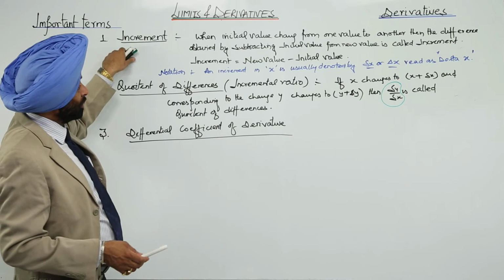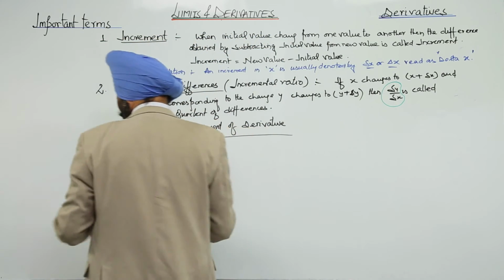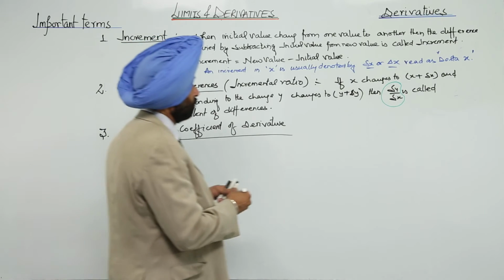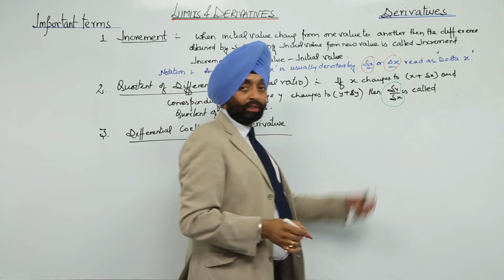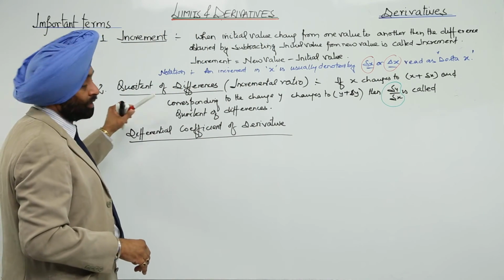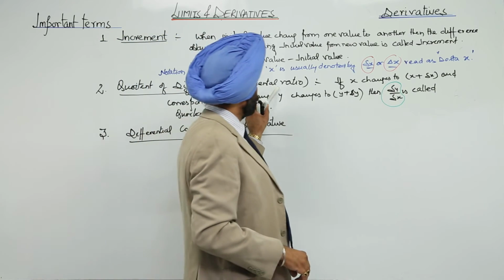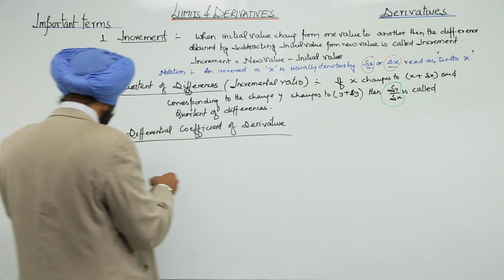First of all, in the increment, what have we gone through? We have gone through a term that is called delta x and written either in this way or in that way. Then we have gone for the quotient of differences, incremental ratio. Incremental ratio it is there, then delta y upon delta x as they are in the ratio. And now we are with